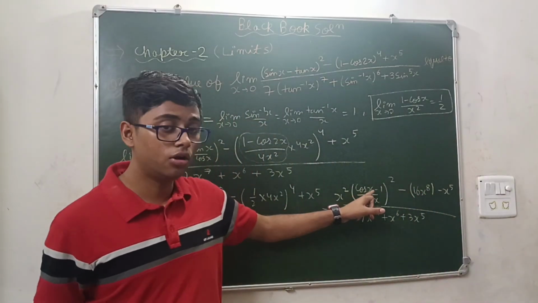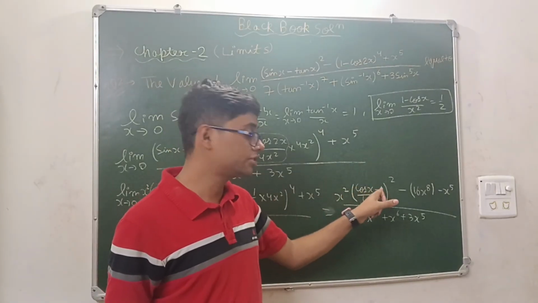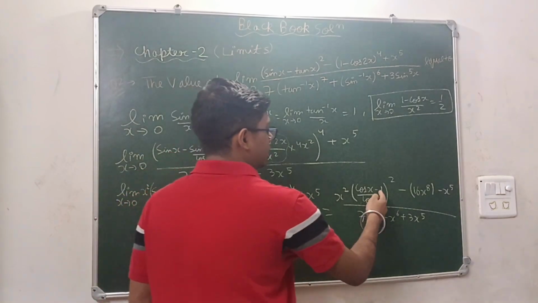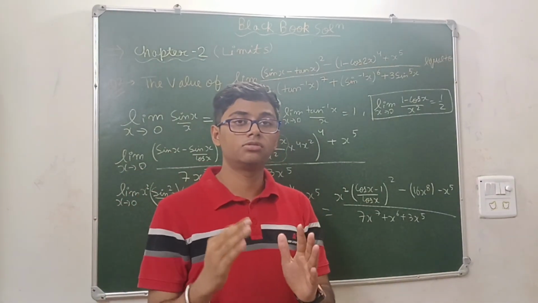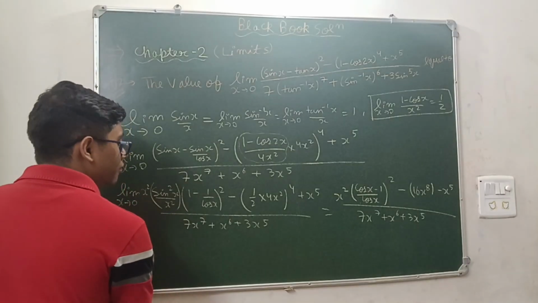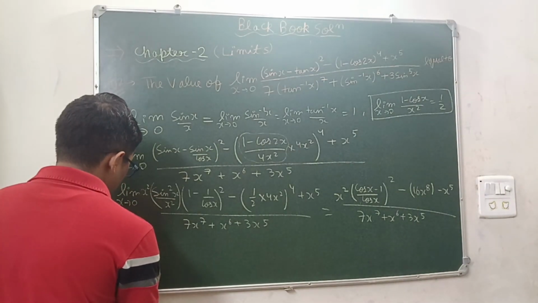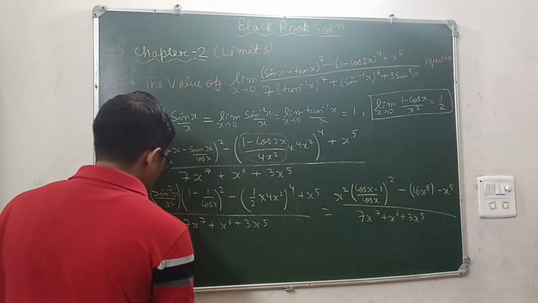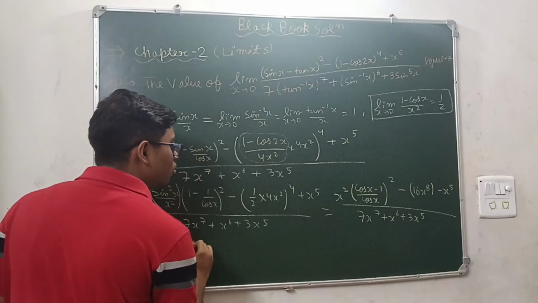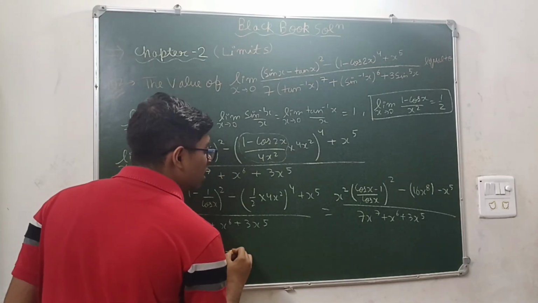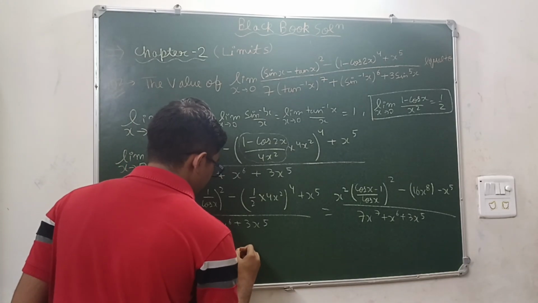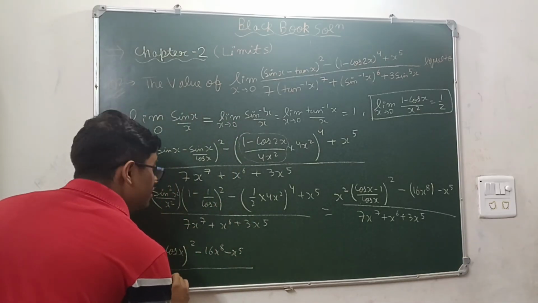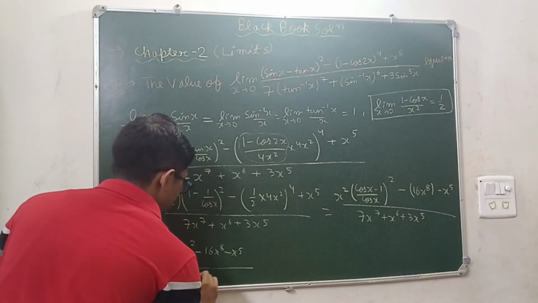Okay, now see, here also this result will be used. How? This is cos x minus 1. Okay, take cos x to the x square denominator and take minus sign common from here, but square is there, so (minus 1) whole square is 1 only. Okay, so this will become what? X square upon cos square x. Okay, and (1 minus cos x) to the whole square minus 16x to the power 8 minus x to the power 5 upon 7x to the power 7 plus x to the power 6 plus 3x to the power 5.